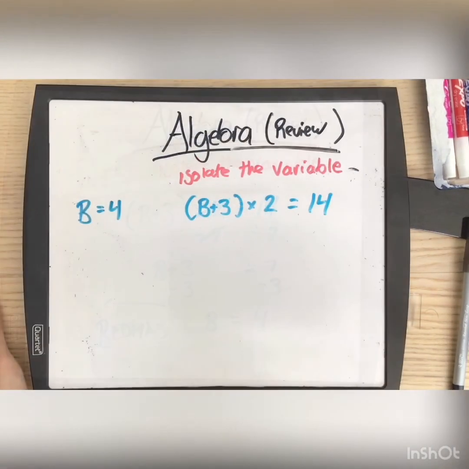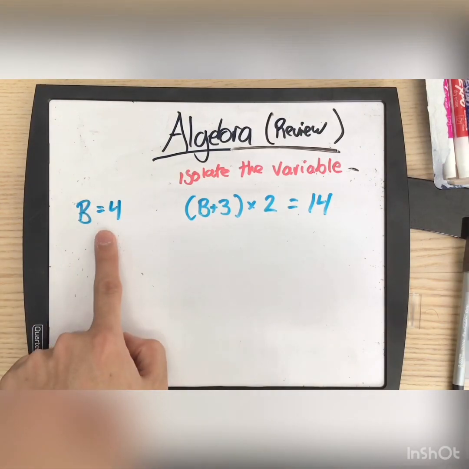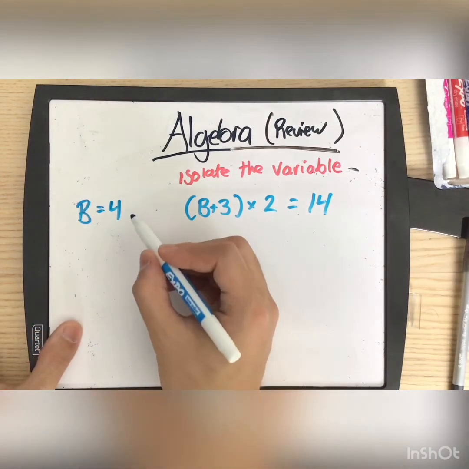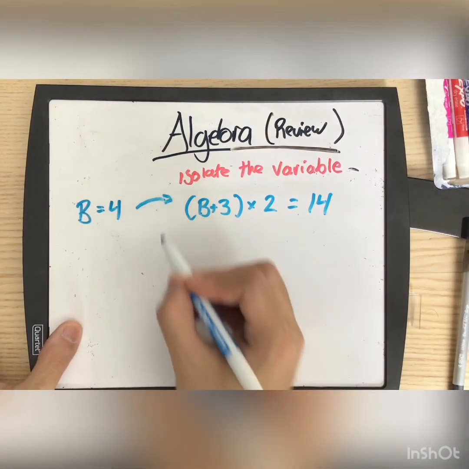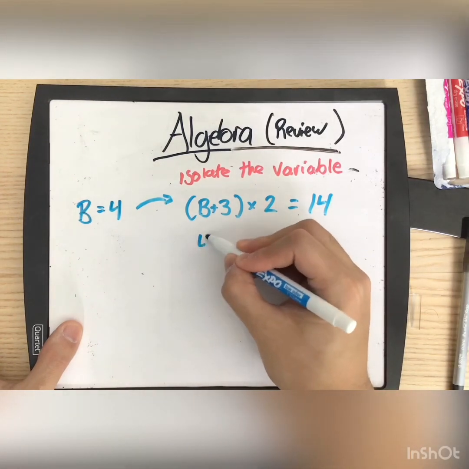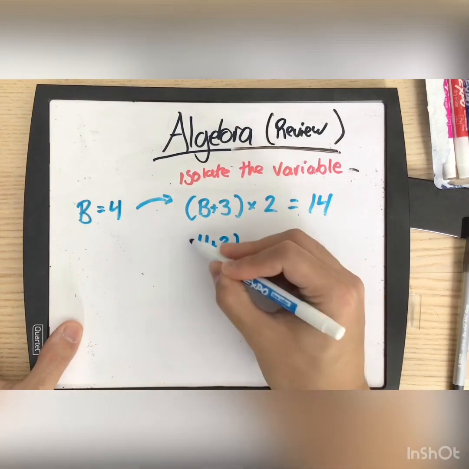For our last problem that we already solved, we learned that b equals 4. When you've already solved a problem, a really good way to double check that you are correct is to insert your answer into the original equation. So instead of b, let's switch it out for 4. 4 plus 3 in brackets